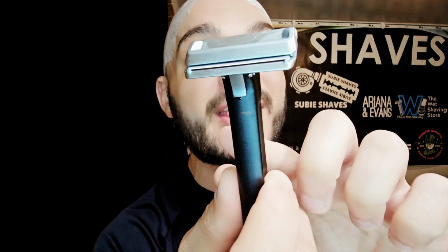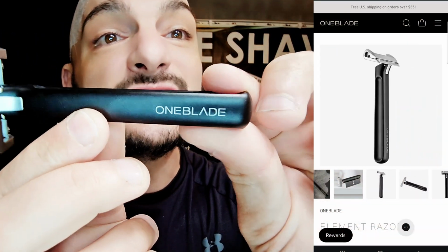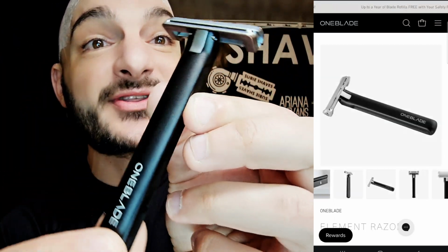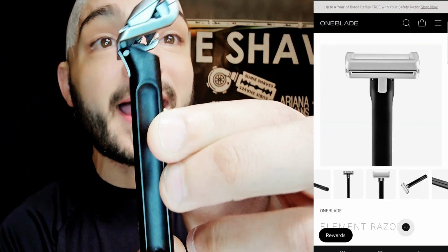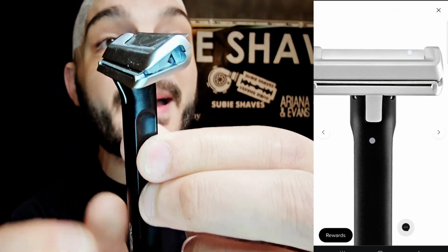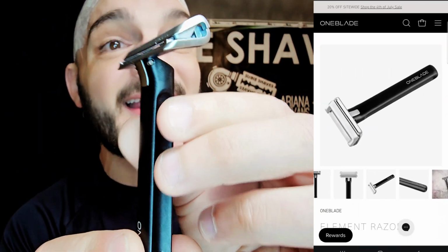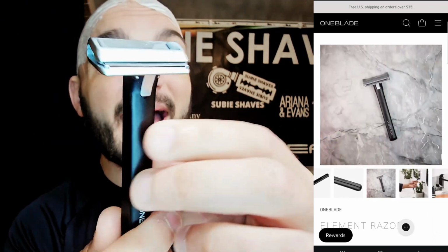Today I've got just over 3 days of growth and we're gonna be tackling it, shaving it off with the OneBlade Shave. We got it in hand today. You can see it here. This is their Element razor. This is their anodized satin black with their satin chrome ZMAC head. It's an anodized handle, so it's the anodized aluminum, so it's very nice, very well balanced, and I've absolutely loved